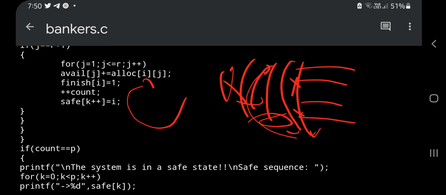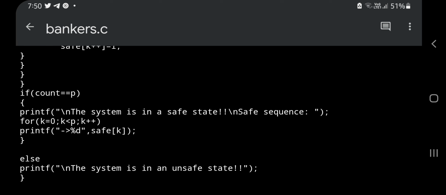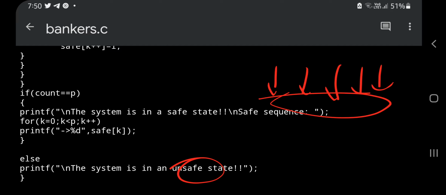Now, in the maximum number of iterations, loop C times, which means 5 times, even after 5 times if any of the processes was not taken into consideration, it means its need cannot be satisfied. What does that denote? There is no way to satisfy all the process needs, and there is no safe sequence. On the other hand, if all the processes are taken into consideration by satisfying all their needs with the available resources at that moment of time,